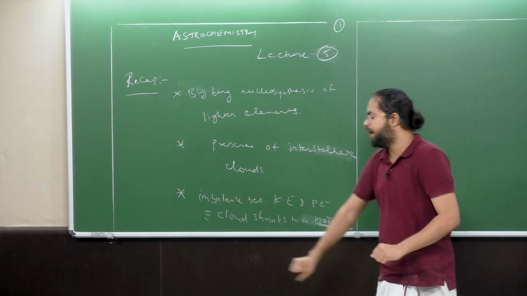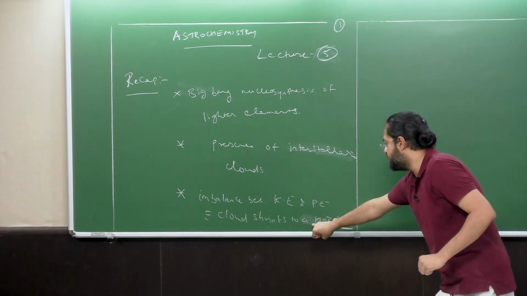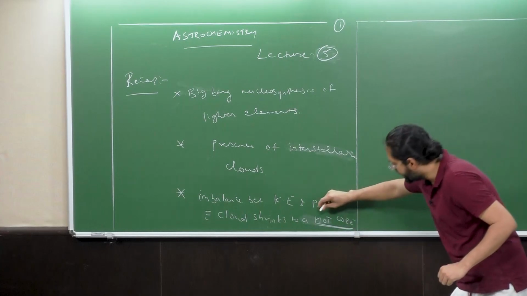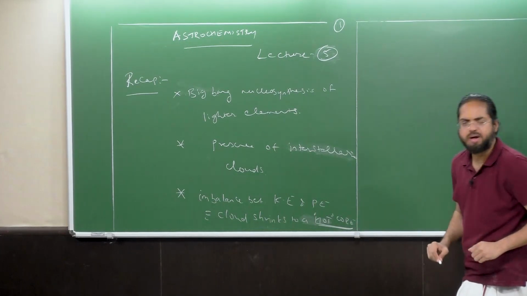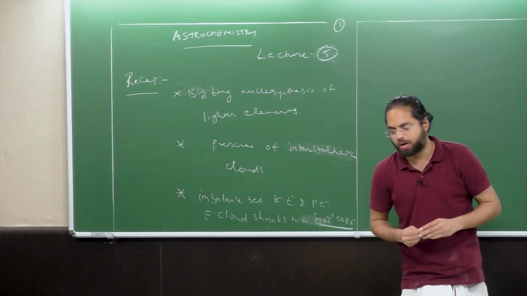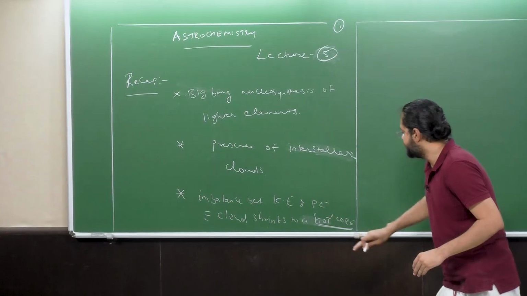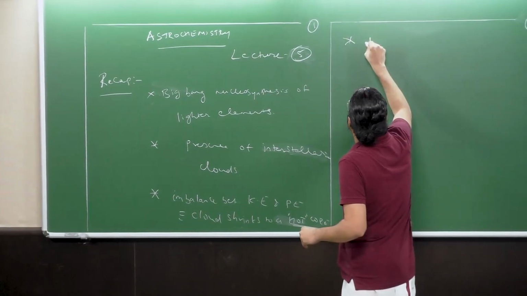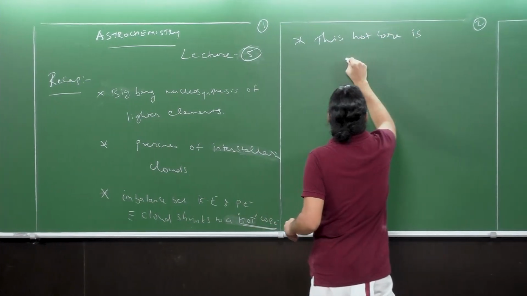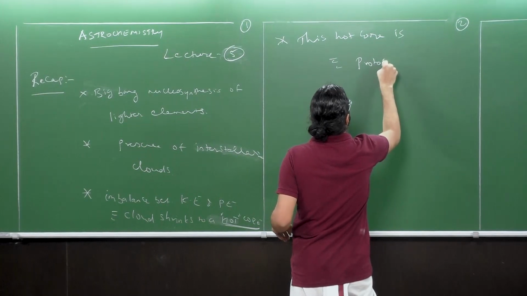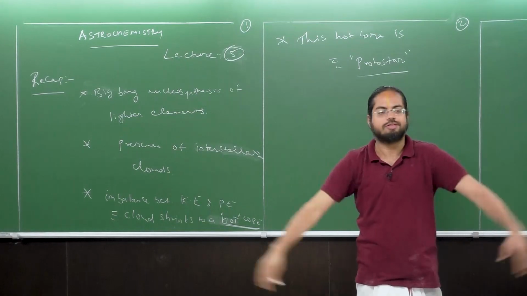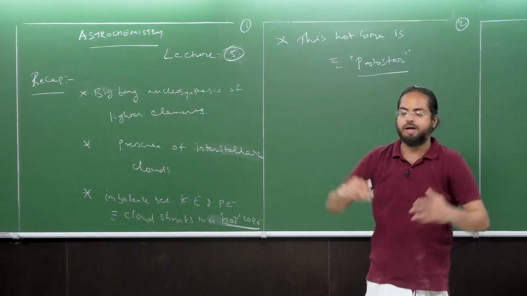So this results in a massive turbulence, and the cloud shrinks. The interstellar cloud shrinks to a hot core. It shrinks to a very hot core. When I say hot, I'm talking about temperatures of the order of tens of thousands of kelvins. So the cloud shrinks to a hot core, and this hot core is what is called a protostar. And this eventually gives birth to what is called a star itself. So this is how a star is born in space.